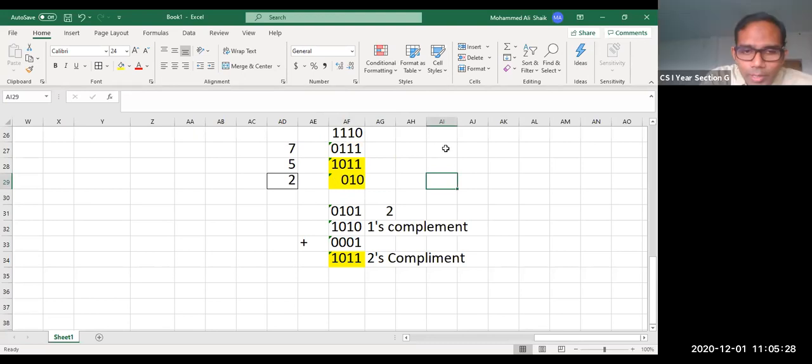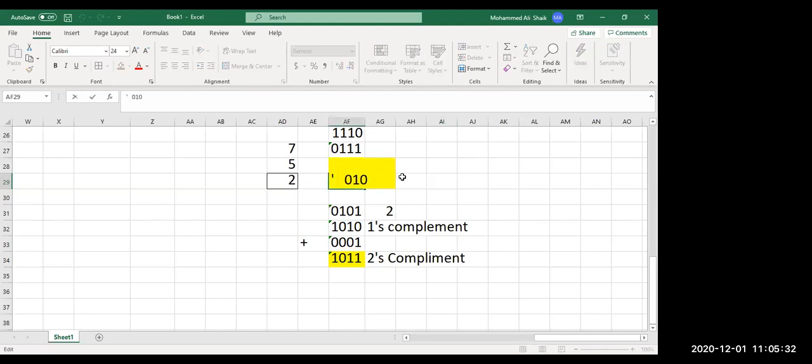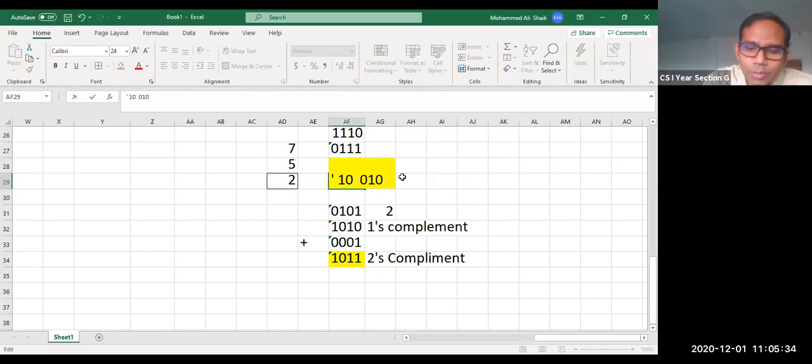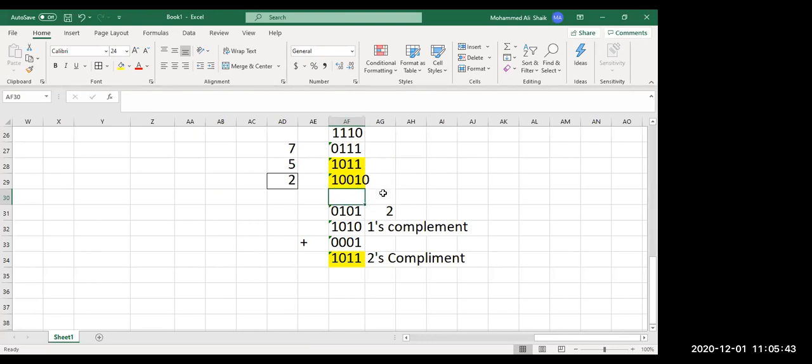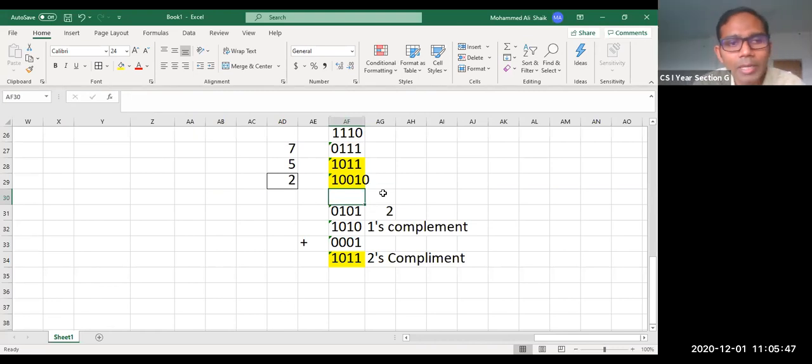1 1 0, one, right? Zero. 0 plus 1 plus carry 1 is 1 1 0. 0. 1 0 1 0. Nothing to carry, you are going to write 1 0. So the result we got is 10010. One very important thing: you have to find how many bits are there